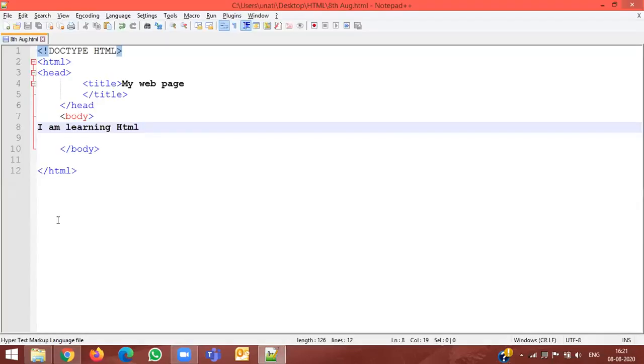Let's try to understand what all things we are doing. Karan, let's go back. The very first thing we did, we added a title, so that comes on the top. Now we are adding the body. When we are doing a body, we have to present the content in a formatted manner. So there is a tag which is the paragraph tag. Can you type P? Yes, P, and then after that also /P.